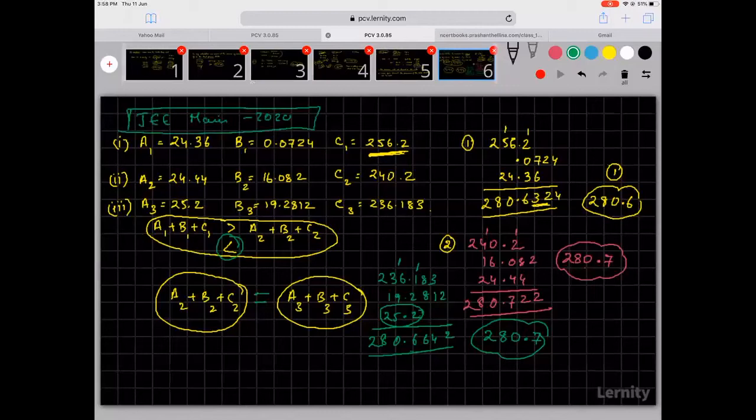But they did not leave you with just one addition. They asked you to do 3 of them so that you needed to have the patience and the time to work it out. Okay. So here you get it, that 280.6321, because this is 1 decimal place, I am rounding off to the least precise data. So the least precise data gives you 280.6. I took the second one. Again, I rounded off to the least precise data. That is 280.7. Then I took the third one. Again, when I rounded it off, because this was more than 5, it again came to 280.7. So these two are equal and this one is less than this.